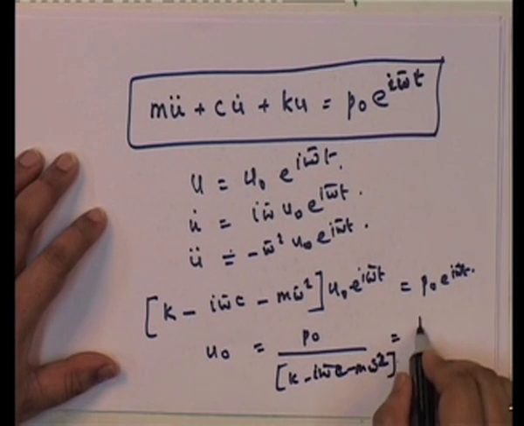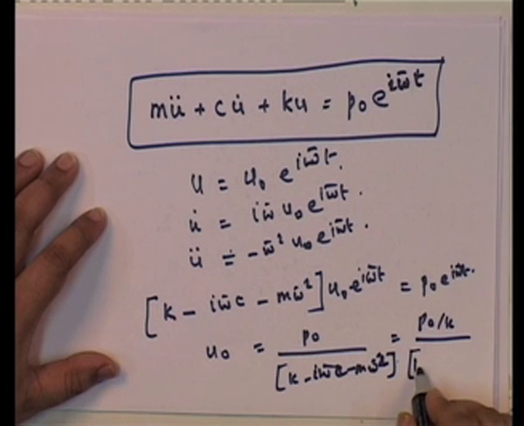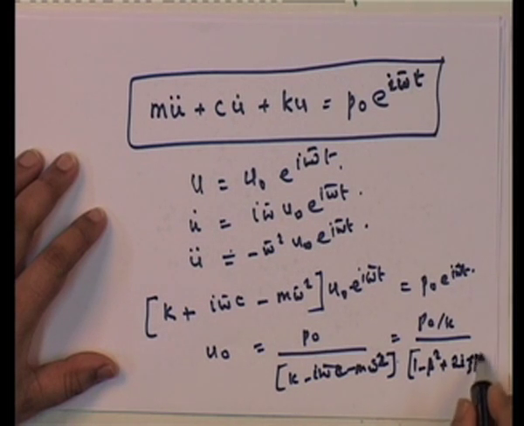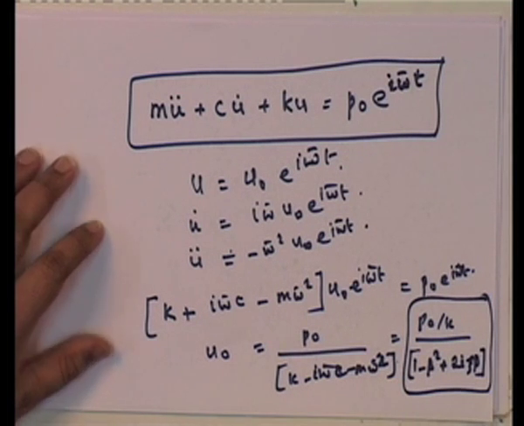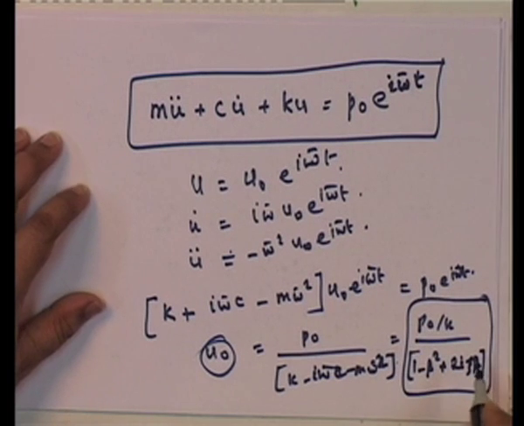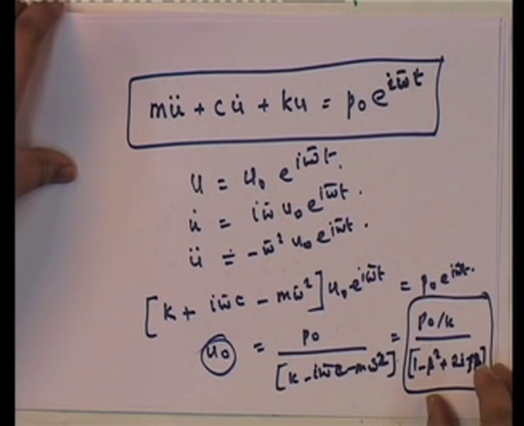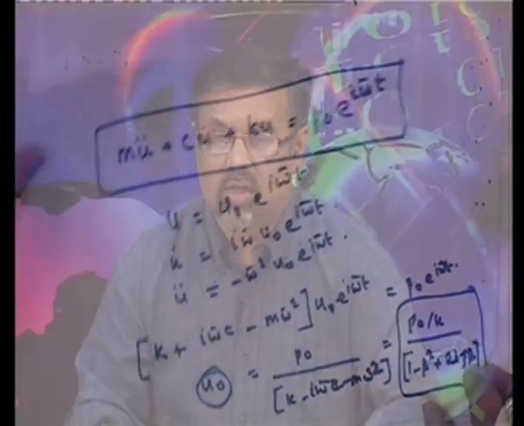And if you look at this, this is equal to p naught upon k into 1 minus beta squared plus 2 I xi beta. That is my amplitude. Very interesting,